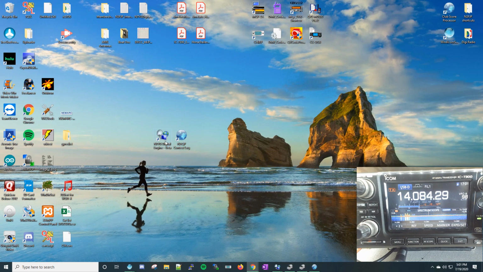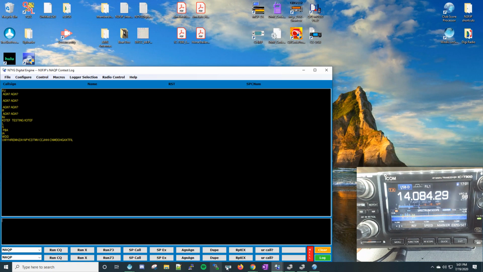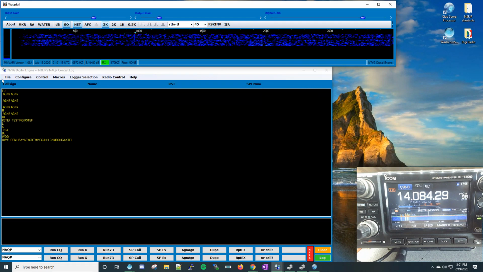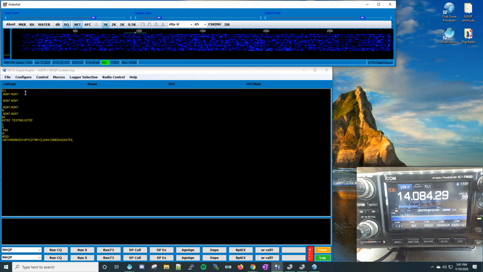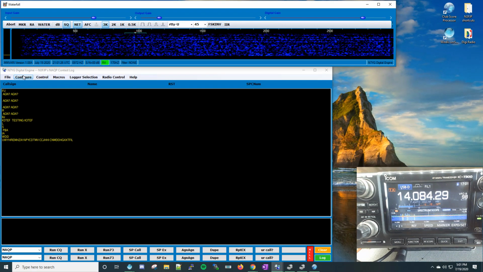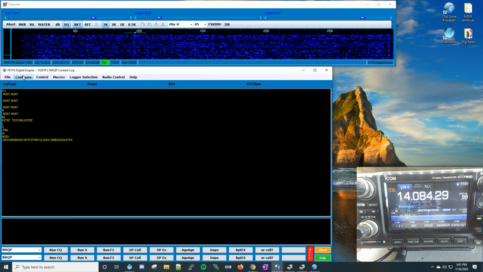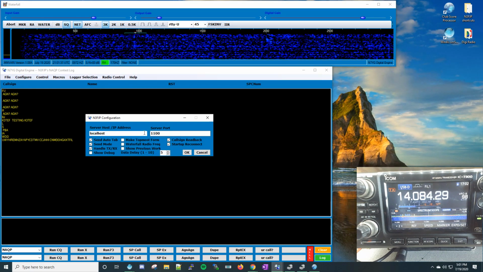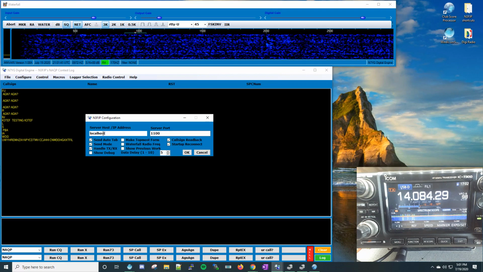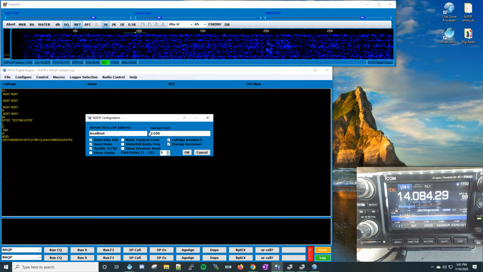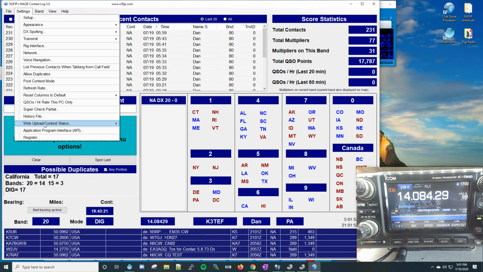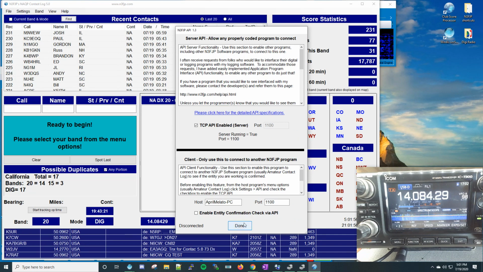And we're going to open up Digital Engine. All right, so Digital Engine is open now. We are not connected to N3FJP yet because we don't have a frequency being repeated back to our user interface here. But what we want to do is configure Digital Engine to talk to that API that you just enabled on the logger. So go to Configure and go to N3FJP. And these are the values that are going to come up automatically. If they're not, make sure your value is localhost. That basically just means this machine, send it to this machine locally here on server port 1100, which is exactly what we did over here. So we enabled that, see? So now that's listening on this port, and